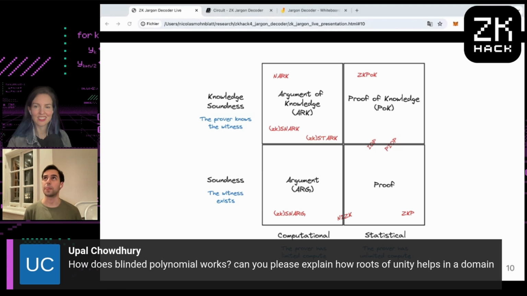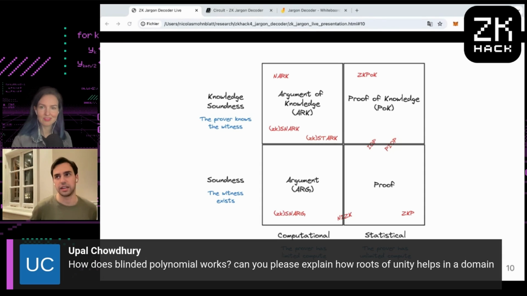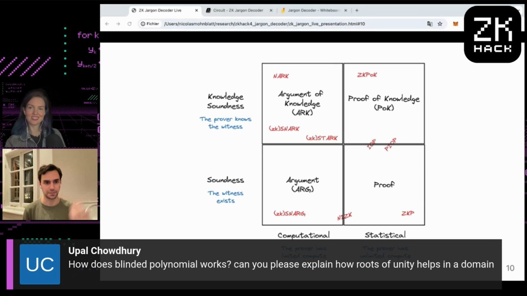All right. Let's say for my proof system, I have a bunch of values, like 10 values, a vector of 10 values. And I can take these values and get a polynomial from it. Great. Now that polynomial reveals information about my values. Can I somehow change the polynomial, but still make sure that it represents the right values? And that's what we do when we blind these polynomials.